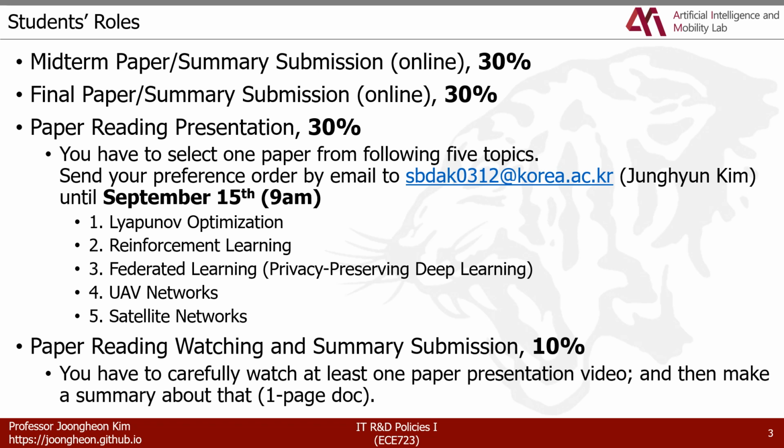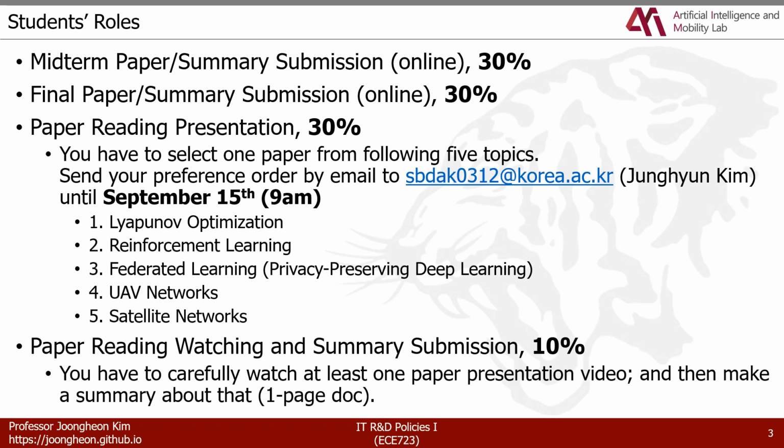주제별로. 만약에 여러분께서 나는 reinforcement learning을 제일 선호하고 그 다음 federal learning을 선호하고 그 다음 UAV 네트워크를 선호하고 그 다음 satellite 선호하고 마지막으로 Lyapunov optimization 선호한다. 그러면 이메일로 23451 이렇게 보내주시면 되겠죠. 그리고 사실은 저 순서대로 우리가 진도를 나가기 때문에 Lyapunov optimization 선택하시면 좀 빠르게 발표를 해서 업로드 해주셔야 됩니다. reinforcement learning을 하신다면 역시 그 다음이고요. 이 순서입니다. 그래서 여러분이 만약 최대한 늦게 하고 싶다, 그럼 satellite이나 UAV 쪽이 좀 더 좋을 것이고 그냥 빨리 끝내는 게 낫다 생각하시면 Lyapunov optimization이나 reinforcement learning 하시는 게 나을 수도 있습니다.